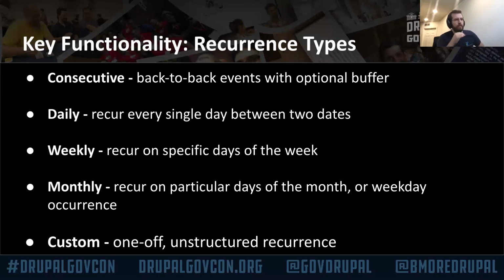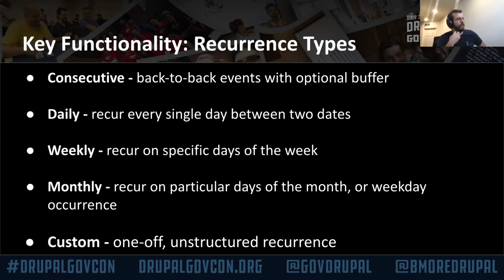Monthly is slightly more complicated because there's 2 distinct ways of creating a monthly recurrence. The first one is simply the date of the month. So you might want an event that takes place on the 1st of every month, or the last day of every month, or for some reason the 14th of every month. And the second way of doing it is what we call a weekday occurrence, because I just couldn't think of a better way of phrasing it because words are hard. And a weekday occurrence is, I want this event to take place on the 3rd and 5th, or 3rd and 4th, or 1st and 2nd Monday and Tuesday of every month.